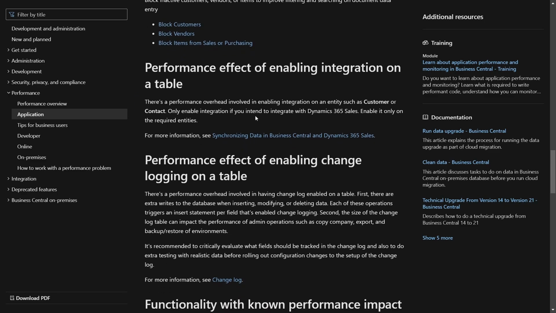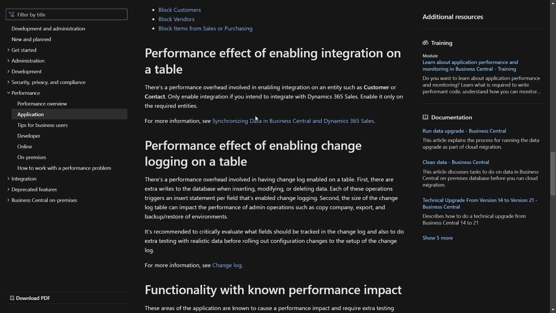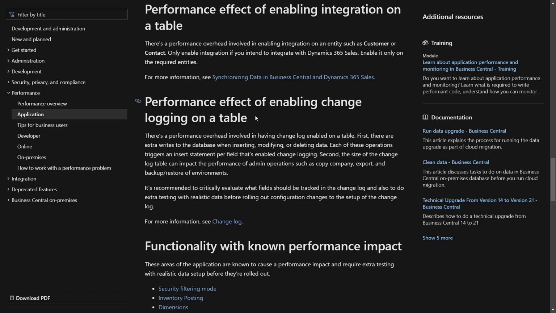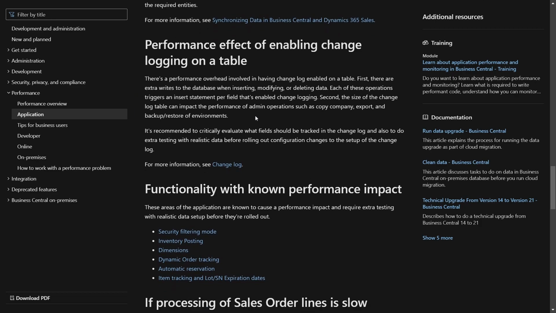And then, performance effect of enabling integration on a table. There's a performance overhead involved in enabling integration on an entity such as customer or contact. Only enable integration if you intend to integrate to sales. Enable it only for the required entities. And then